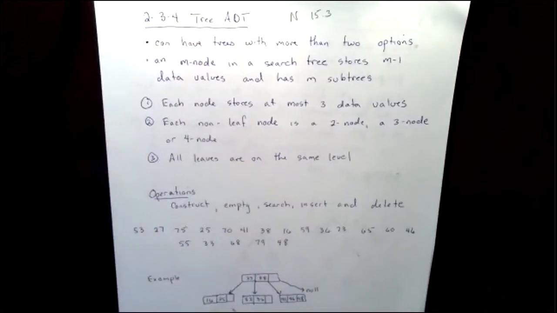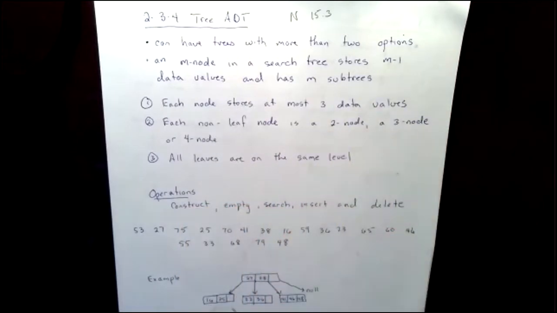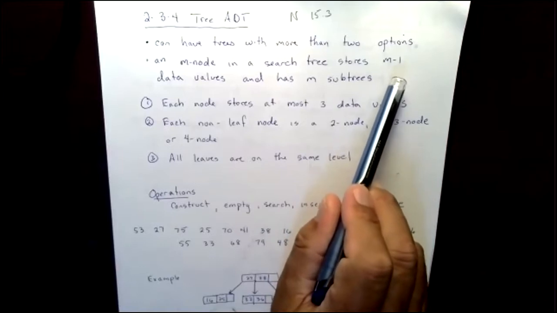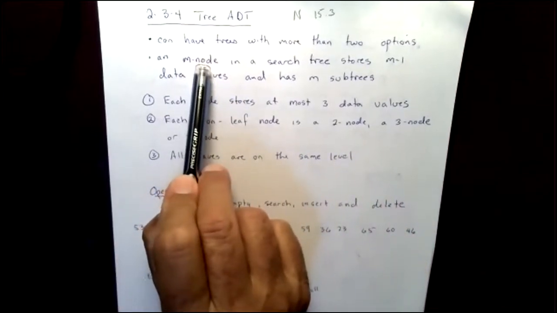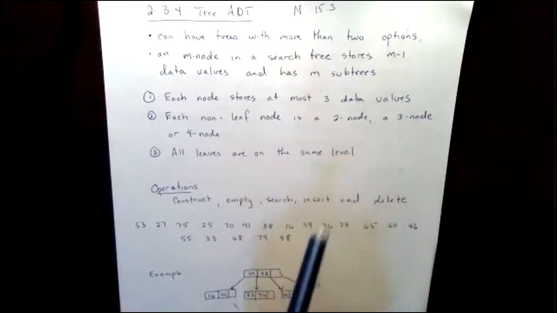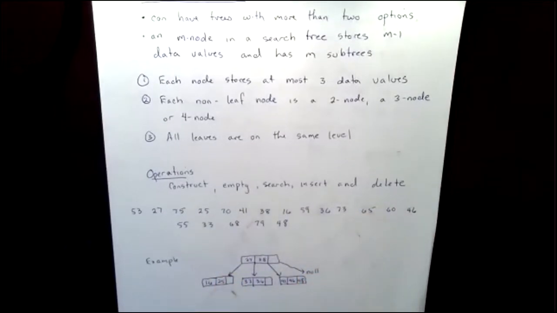It's called a 2, 3, 4 tree because of the options for the number of pieces of data we can store and the number of pointers we can have coming out of each one of the nodes. We can have trees with more than 2 options. We can have an M node to search a tree, where M means the number of pointers coming out of it, and M minus 1 is the number of data values. So, number of data values and number coming out. For example, with this 2, 3, 4 tree, I'm looking at 4 nodes, which means I can store